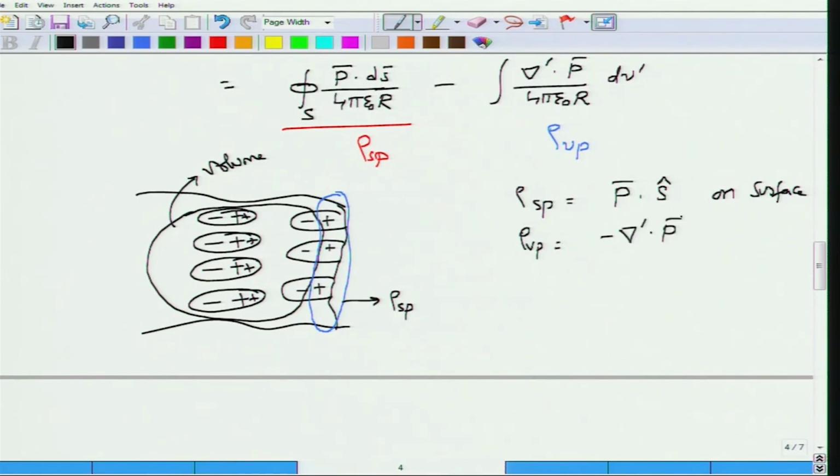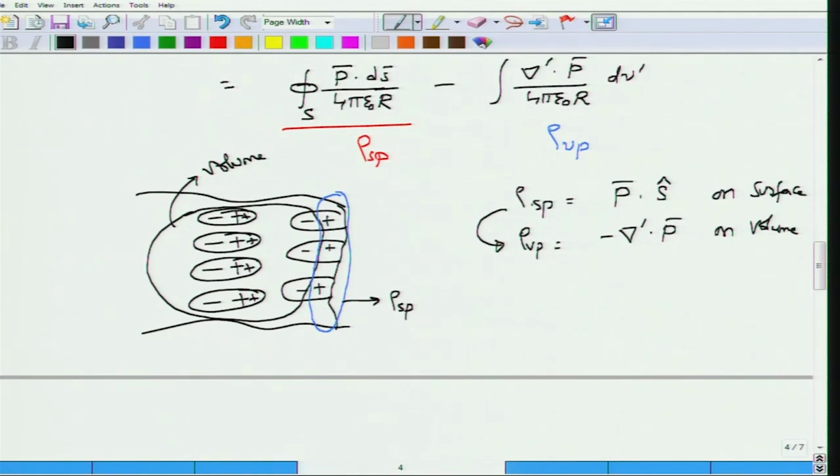So if at all you have a non-uniform dielectric, then this quantity will not be 0. There would be certain volumes in which del prime dot P is non-zero, and that would create the volume charge density. So you could, as I said, absorb rho sp inside rho vp by defining the appropriate limits of the volume charge. Remember we did this, the most general distribution is the volume charge, then you could convert a volume charge distribution into a surface charge, surface becomes line, line becomes a point. And if you apply appropriate integration limits, you can convert a volume to surface, surface to line, line to a